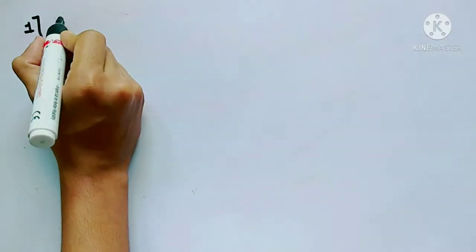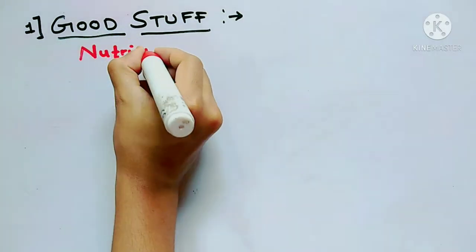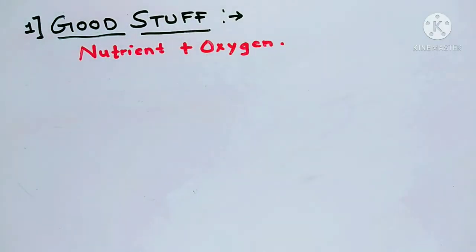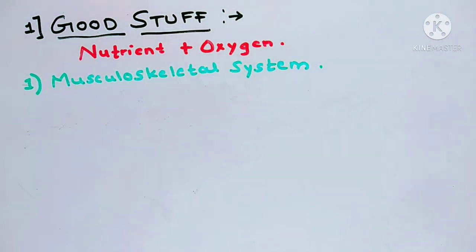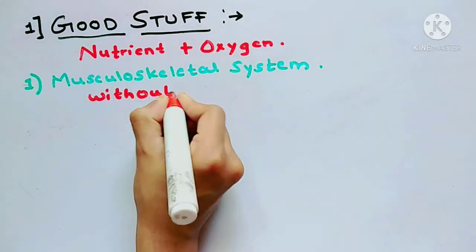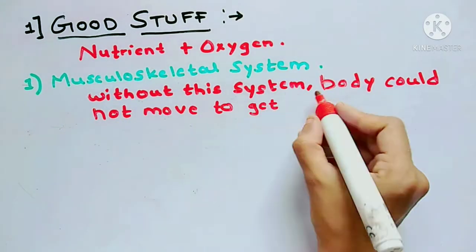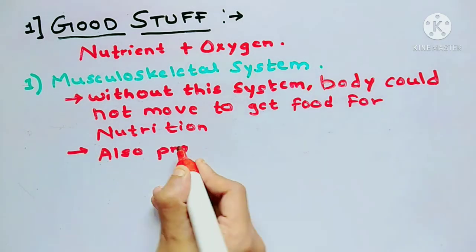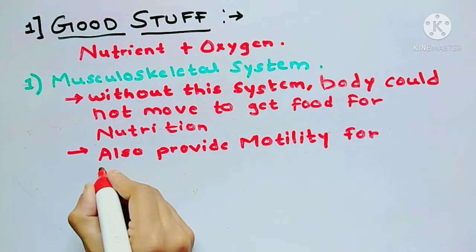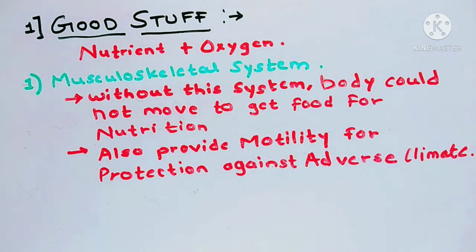The first is good stuff, where we are talking about nutrients and oxygen and their supply to the various parts of the body. The first thing that helps us in this is the musculoskeletal system. Without the musculoskeletal system, the body could not move to obtain food for its nutrition. Also, the musculoskeletal system provides motility for protection against adverse surroundings, without which the entire body along with its homeostatic mechanism could